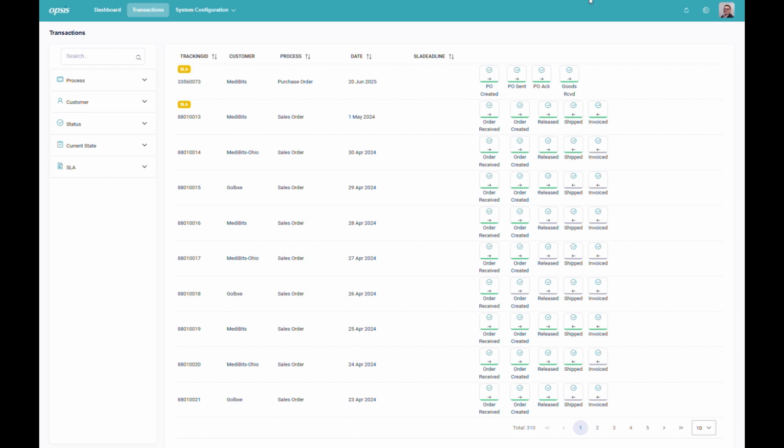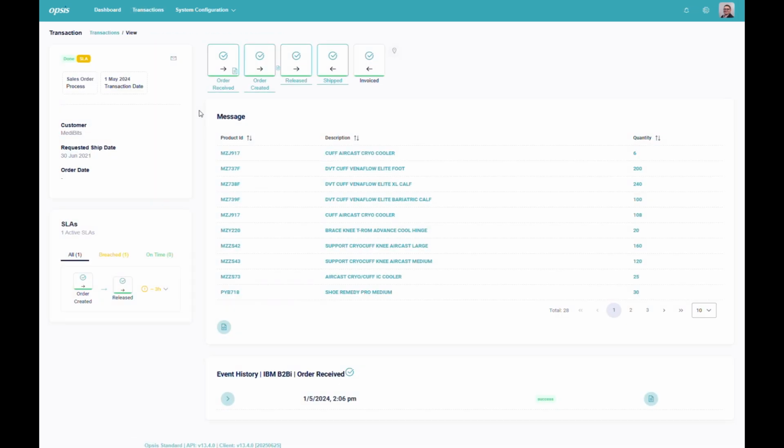So Opsis allows you to define for any given process where the SLAs are across. So for instance, across order received to released, there might be a time schedule, or as I said before, within a document, let's say there's a delivery date, and you can see whether you're going to break that delivery date or not. So if we drill down into that a little further,